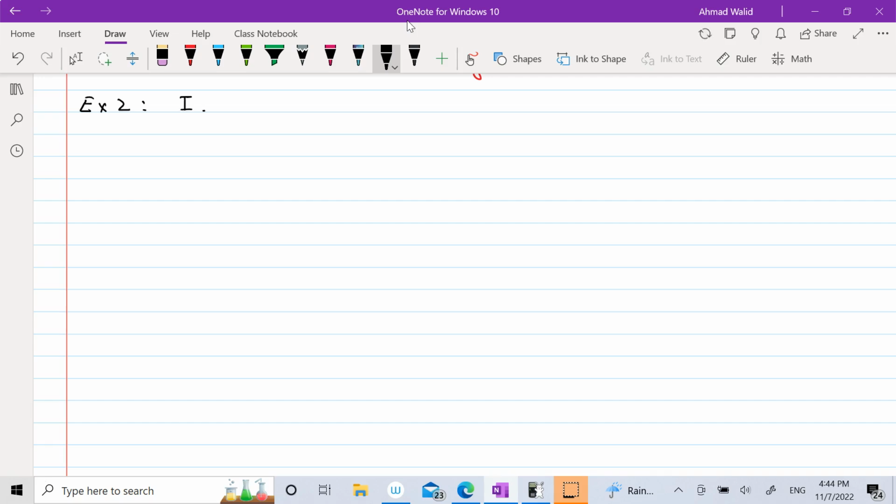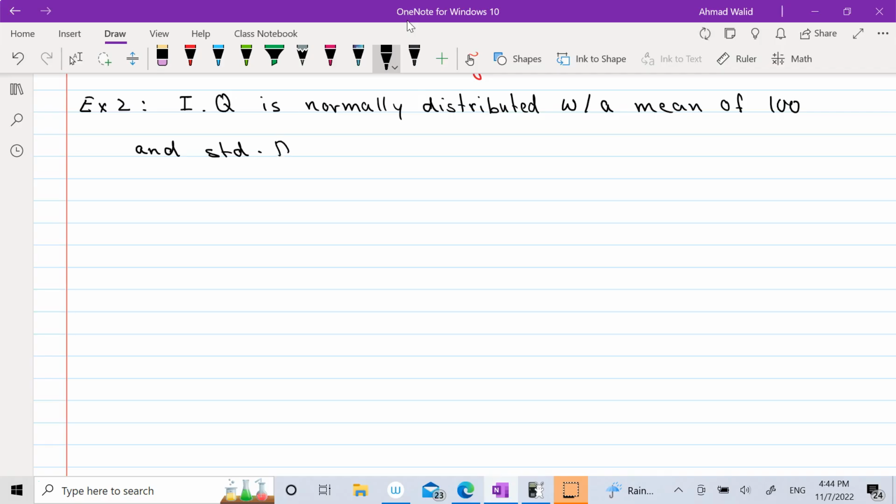This example is about IQ. Correct? IQ is normally distributed with a mean of, how much is the mean? 100, and a standard deviation of 15. Correct? What percentage of people